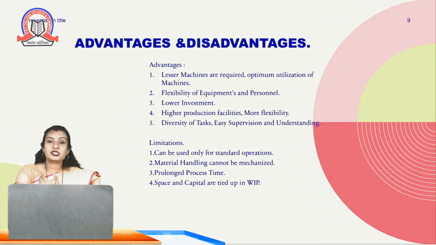In my next lecture, we will be continuing with the next type of layout, that is the assembly line layout. Today, we basically have seen what is a plant layout, what is the meaning of a plant layout, what are the requirements of a plant layout, what are the principles of a plant layout, what are the factors that need to be considered for a plant layout, and we saw one type of plant layout.